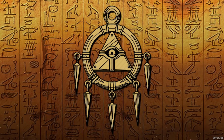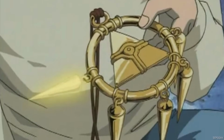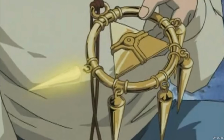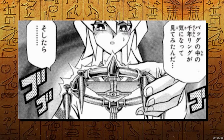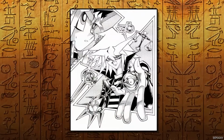The third Millennium item is the Millennium Ring. The main ability of the Millennium Ring is to locate whatever the host wants it to, which is done by the ring pointing in the direction of whatever they are looking for. So although it can't outright tell you where something is, it does show you the way. This location ability can also work for non-physical things like emotions or even energy, along with being able to locate